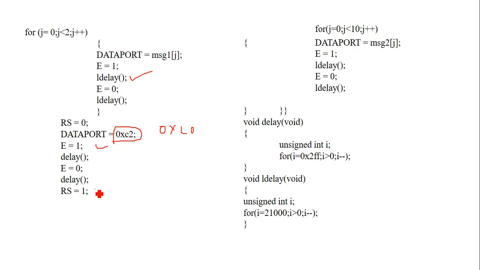Now I have to send data. So RS is equal to 1. In third year how many characters are there? 10 characters are there. From 0 until the end, third year will be displayed one by one. Enable it, latch it, then release it. So between two data we have to keep a delay of 125 microseconds.